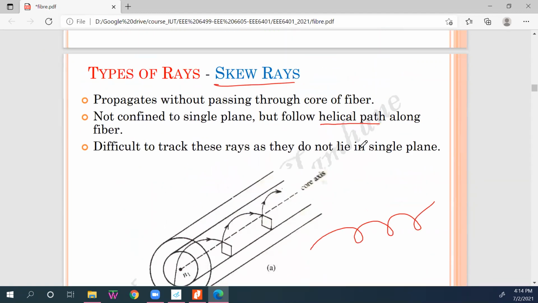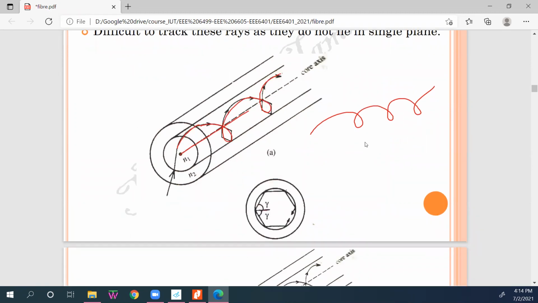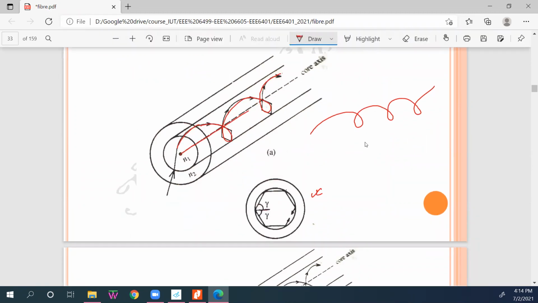So in some optical fiber, the light may not travel through the axis. It actually goes to the very periphery. If I look at a cross section, light goes from here to here, up to this point, and from there to there, up to this point. You see, instead of traveling through the center, light is actually traveling through the periphery.